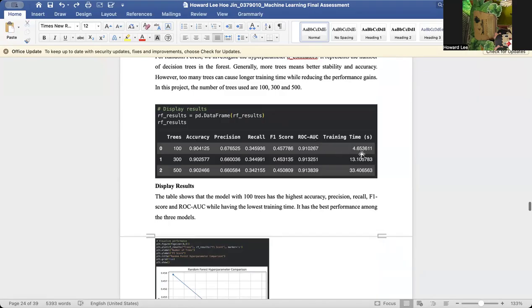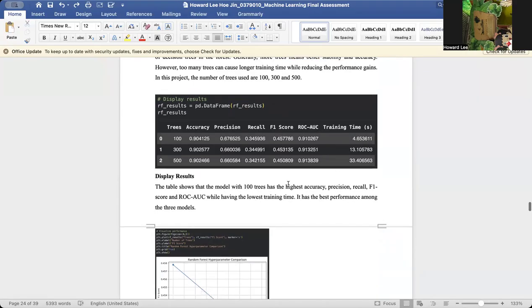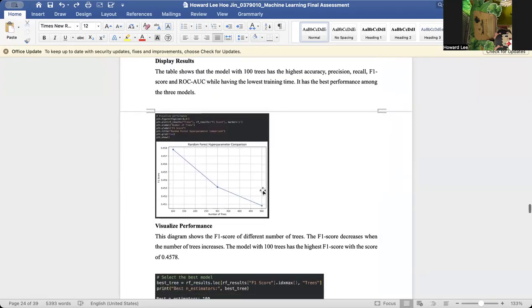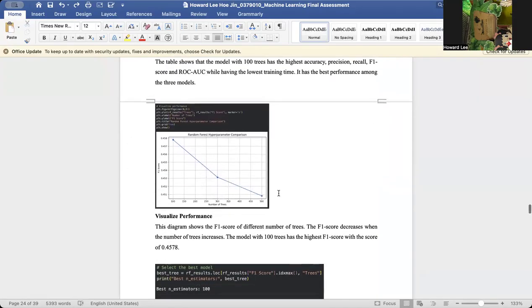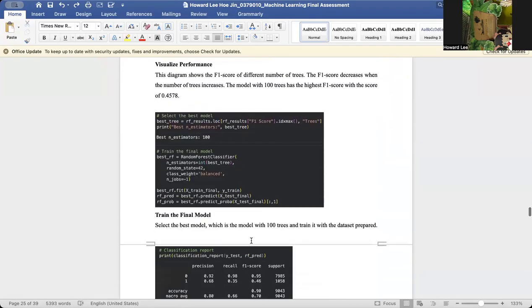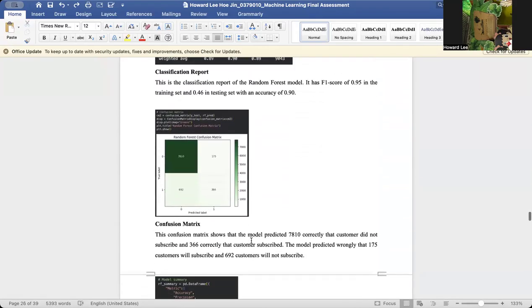It also has the lowest training time, so it's the best performing model. In the confusion matrix, the model correctly predicted 7,000 plus customers that did not subscribe, and 366 customers that subscribed.